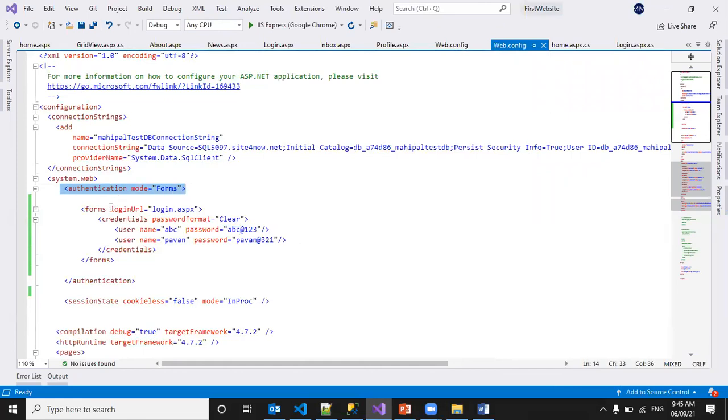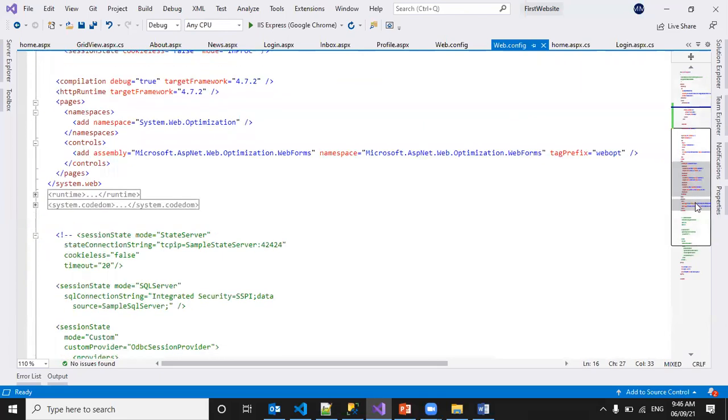If you have a login page with a different name other than login, you can specify that here, like sign in or user or any other. If you want to store credentials, you can have them like this. So authentication mode equal to forms we have to set, and login URL we have to set if it is other than login.aspx.